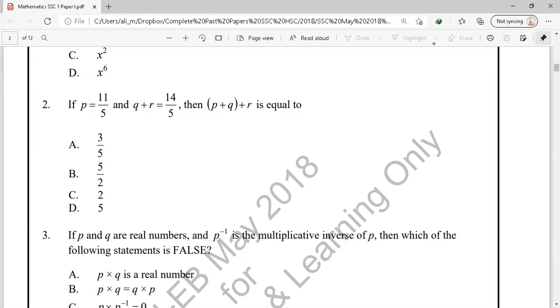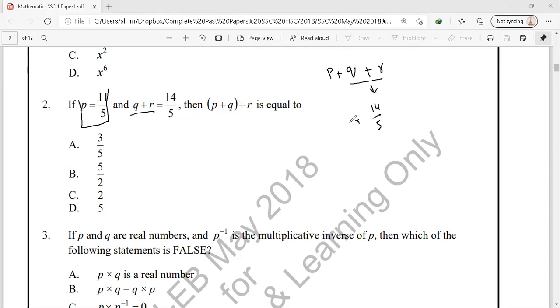So next we have question number 2, and in question number 2, we have the value of p as 11 upon 15 and q plus r is given as 14 over 5. We have to find the value of p plus q plus r. So p plus q plus r, इसकी वैल्यू हमें फाइंड आउट करनी है और हमें जो वैल्यू गिवन है वो है q प्लस r की। सो q प्लस r की जगह हम वैल्यू पुट कर देते हैं 14 ओवर 5